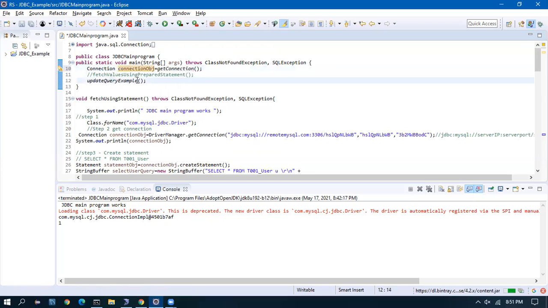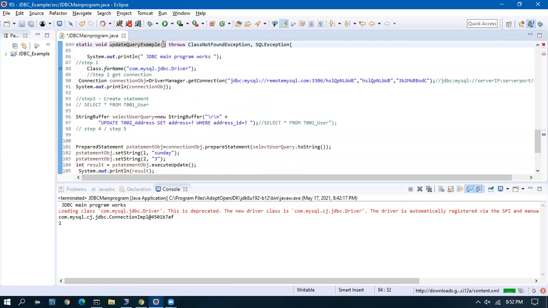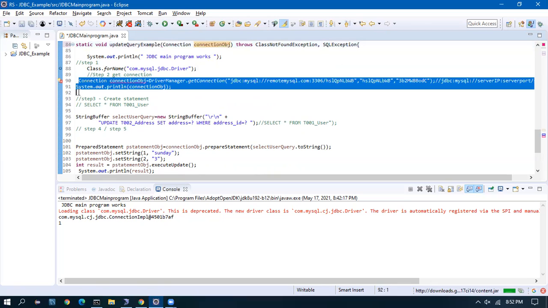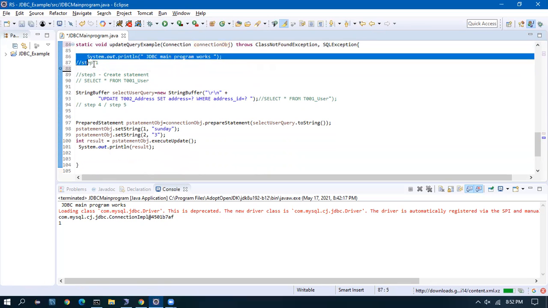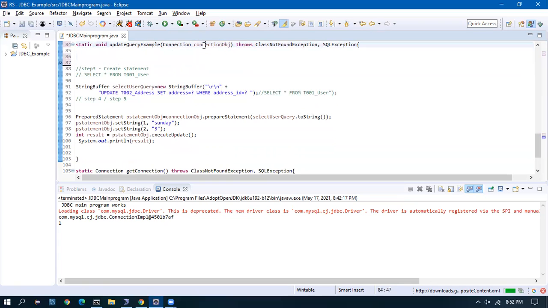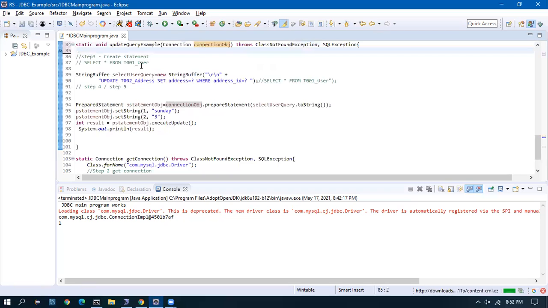And when you are calling any method, you have to pass that connection object to that method. Here you have to receive that connection object. And instead of creating a connection here with Class.forName and these things, you should use this connection object which is coming inside. This is the best approach.